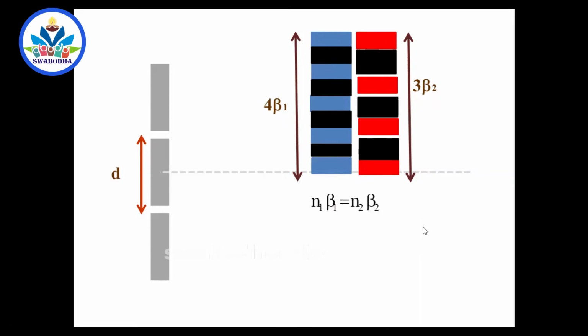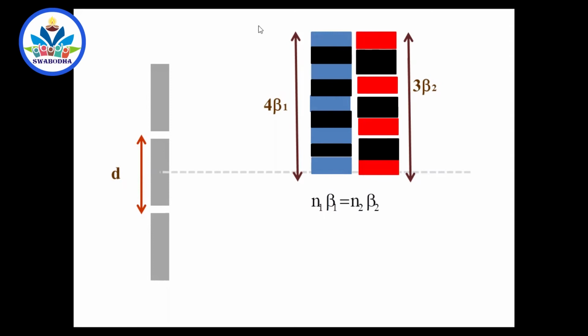Now coming back to the problem. In general, this is only a number taken to explain the problem. It need not be the fourth bright fringe and the third one itself. It may be fifth and seventh. It may be 10th and 15th. Any fringes may coincide. Again, do they coincide? Yes.